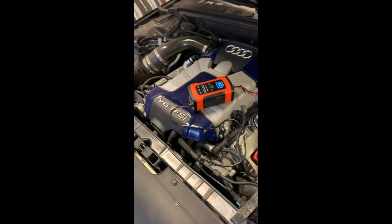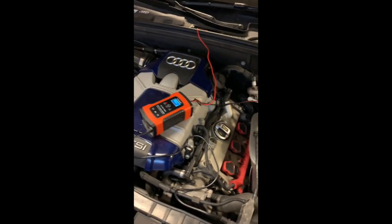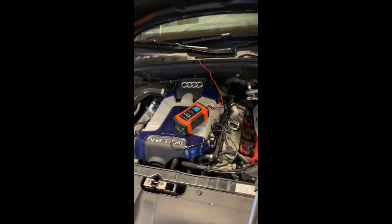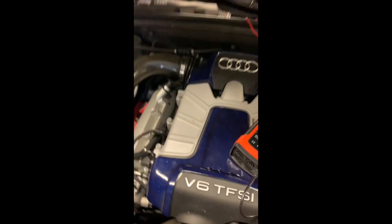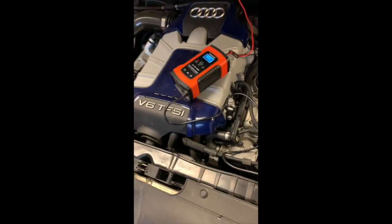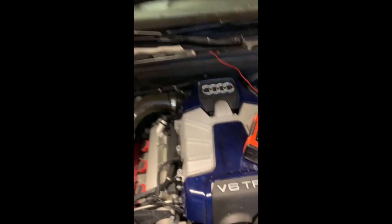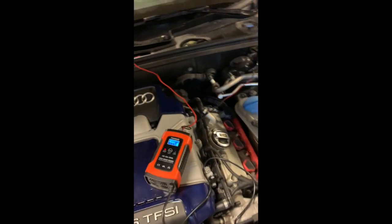Water pump has started leaking. Oil consumption got a little worse than before, and I'm not taking any chances. We'll just do it all: replace the water pump, thermostat, PCV assembly, and clean the carbon off the intake valves while I have the supercharger off. Got all my